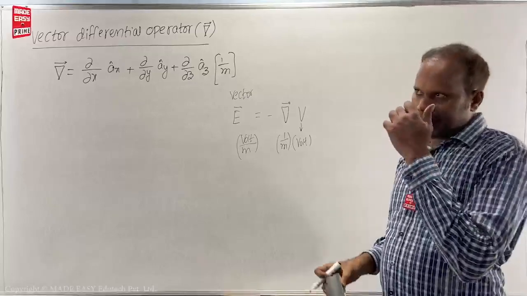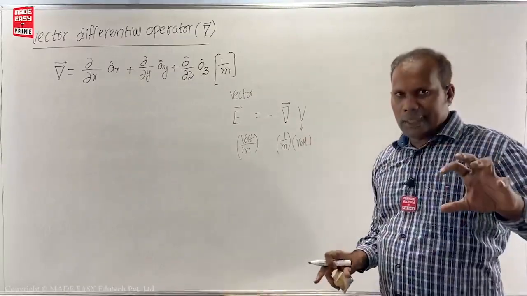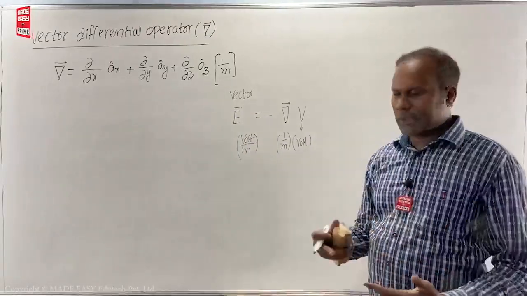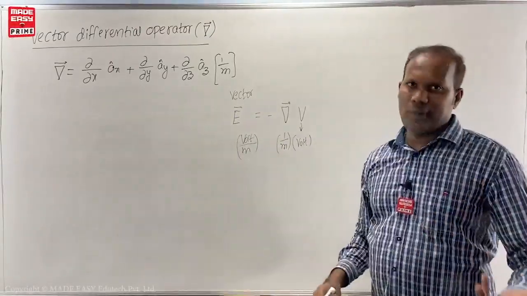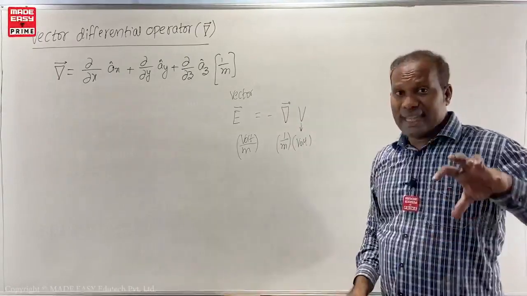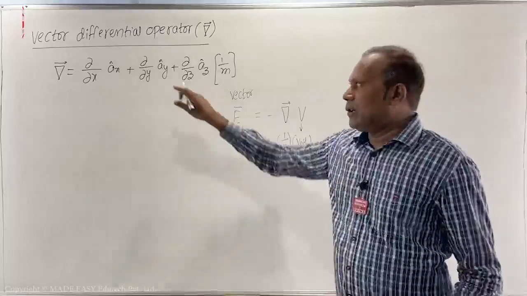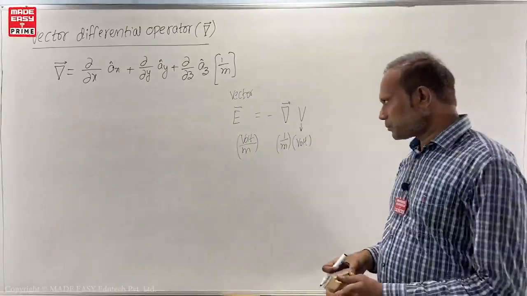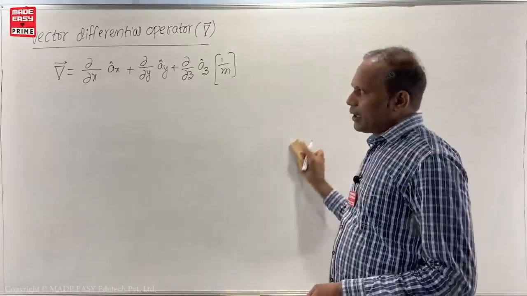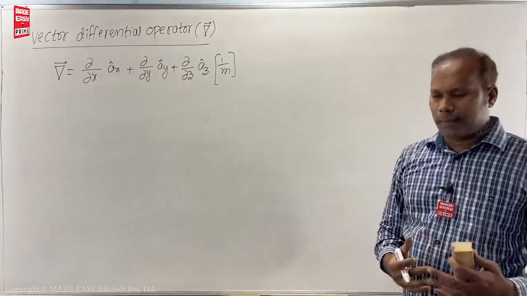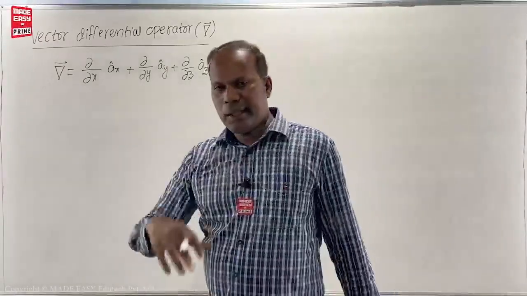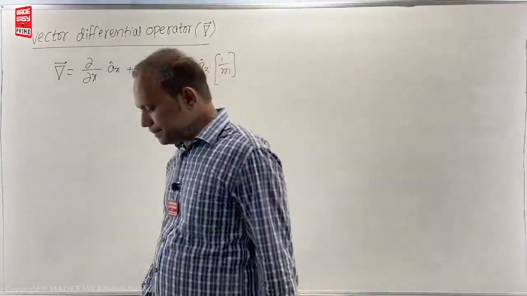Now what is happening? If there is a voltage and you partially differentiate that in all directions, then it generates an electric field. So practically these types of situations exist. That is why they have defined a del operator. So the del operator is ready to differentiate any physical quantity in all directions. Then automatically some other quantity will be generated. Anyway,